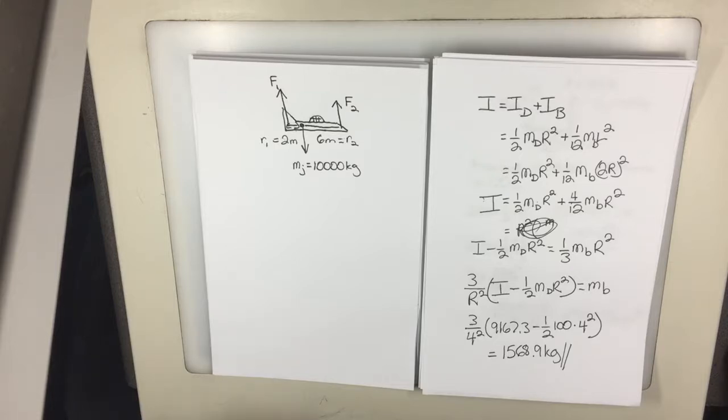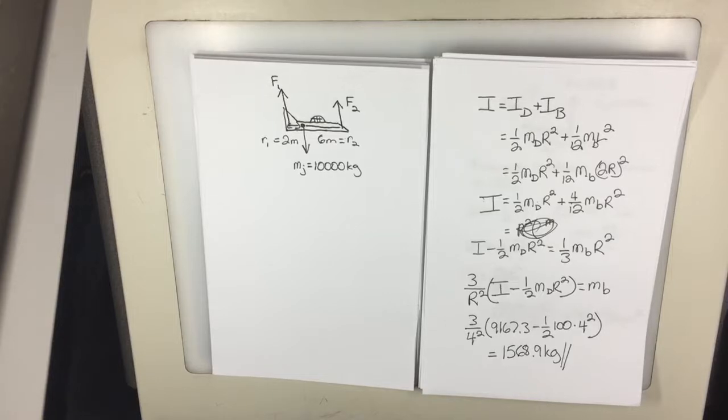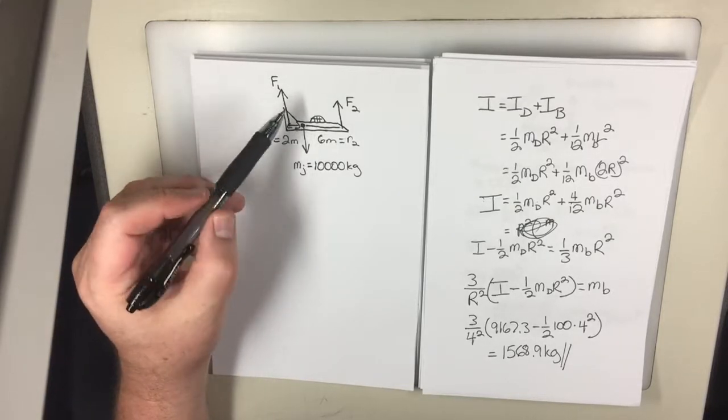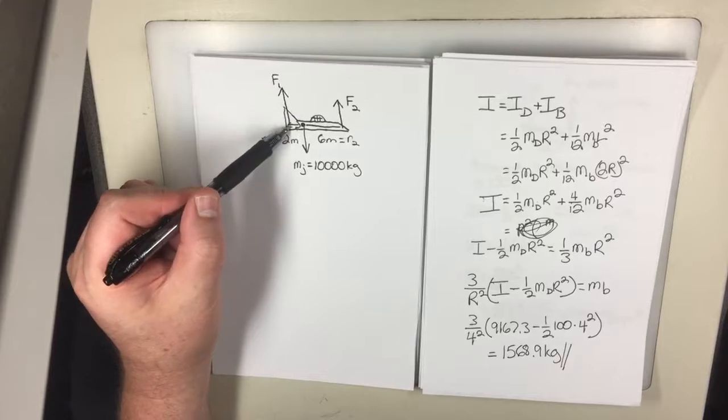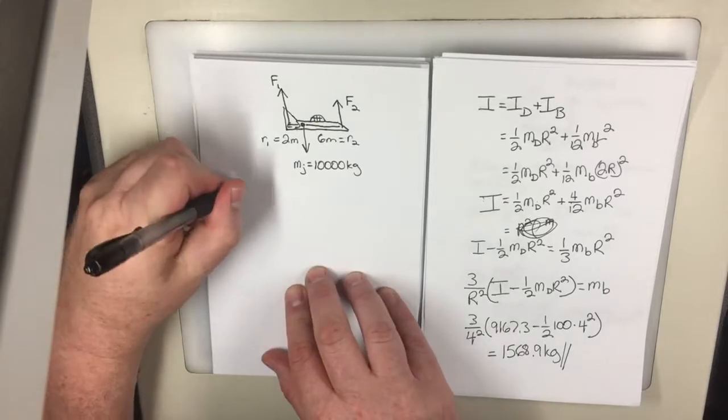One of the things that you know for a fact is it is not moving up or down. It is not moving left, right, forward, back, and it is not rotating. And not only is it not rotating, it's not rotating about that point, or that point. So what we do is we do the same procedure. Sum the torques